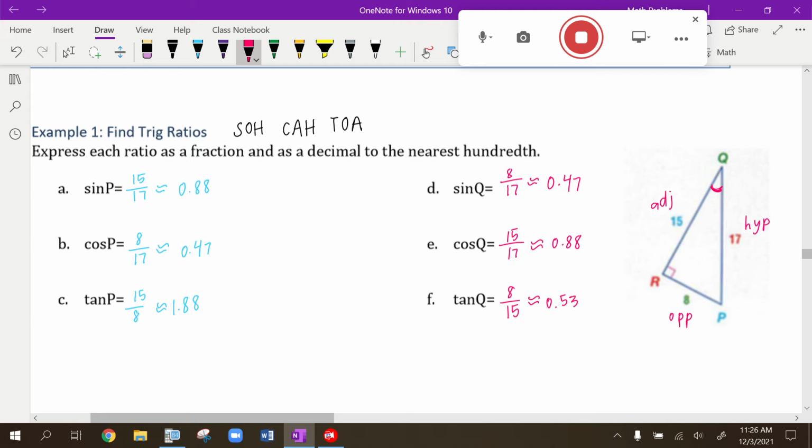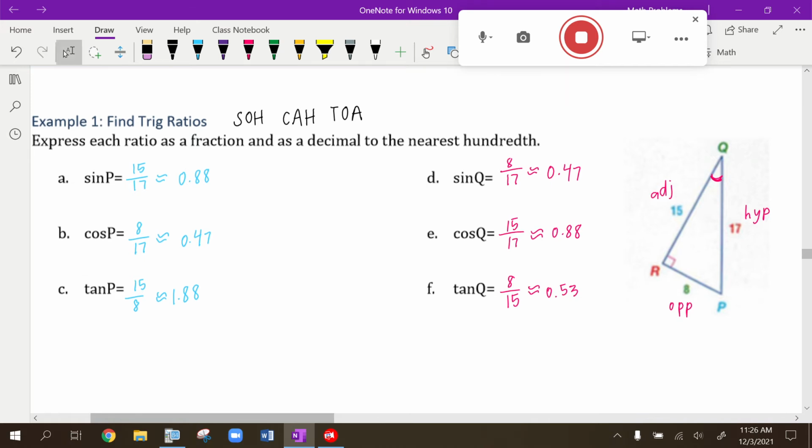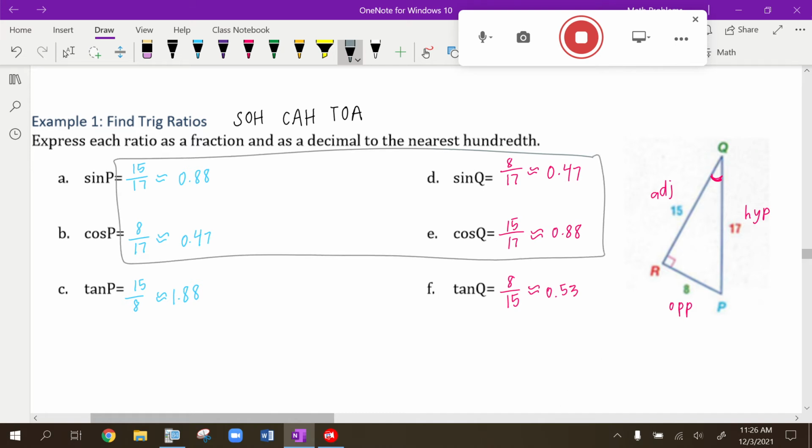Now, what I wanted to tell you is to watch out. If any of these fractions can reduce, you should reduce them before you put your answer. And also, I wanted you to notice the answers that we get for this. Remember, the hypotenuse is always the longest side. So for sine and cosine, the denominator will always be a larger number. If the denominator is a larger number and the numerator is a smaller number, something special happens with these values